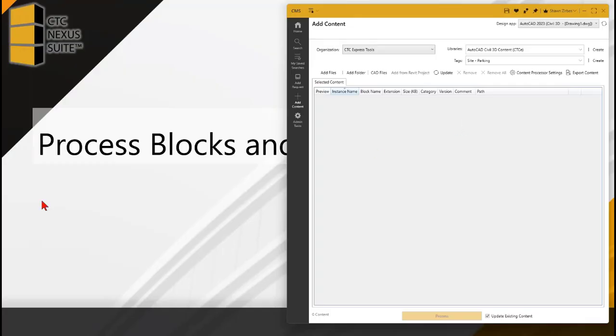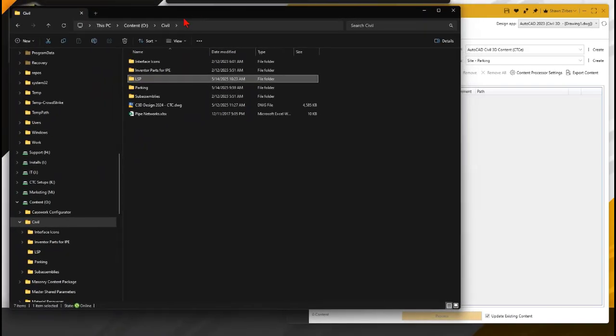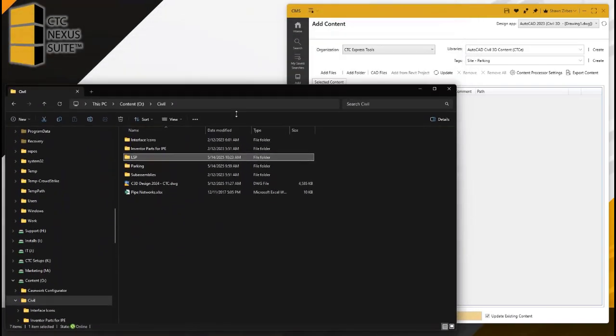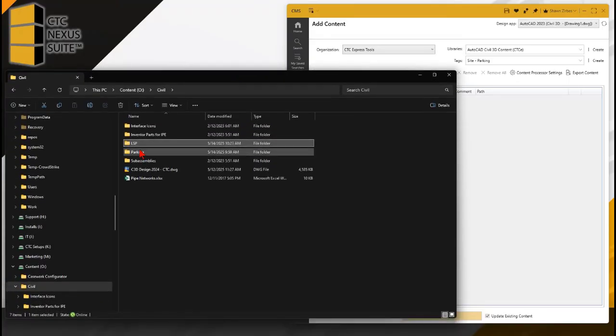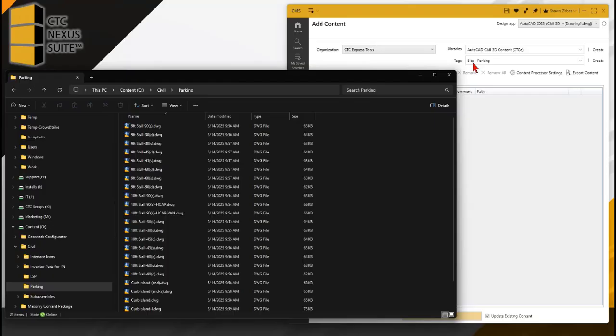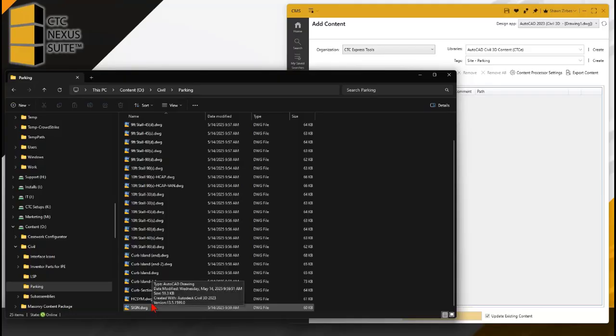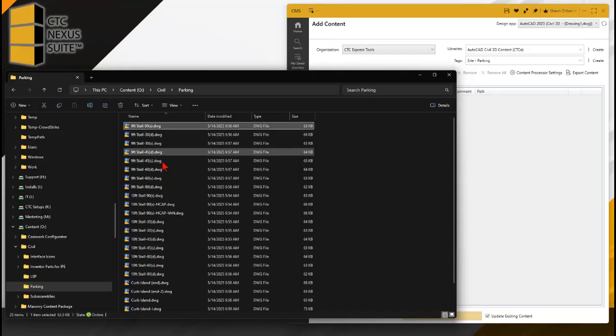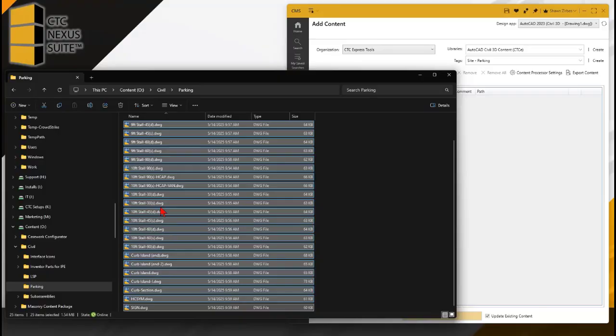So how would you bring this content across? Well, I have over here a folder on my network drive, my O drive. And on this drive, I have, in my case, some parking components. Since I was just using the tags here for site parking, I have a whole bunch of parking componentry that I can bring in. This is just DWGs, they're individual dynamic blocks. And I can take all of this parking component, this sort of parking lot style stuff, and just drag and drop it here into the CMS environment. Now it's going to scan each of these things. I probably should have added fewer of them, but it's going to scan each of them